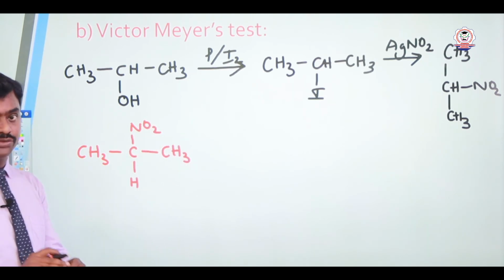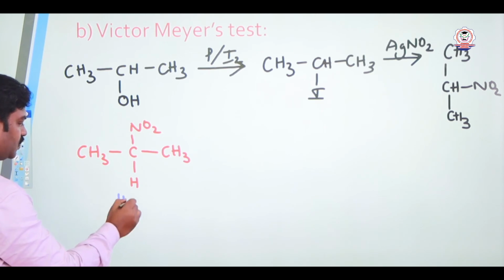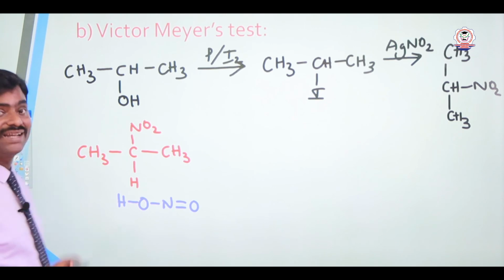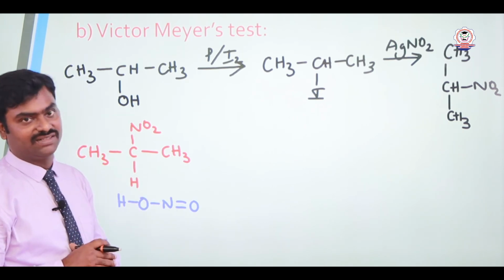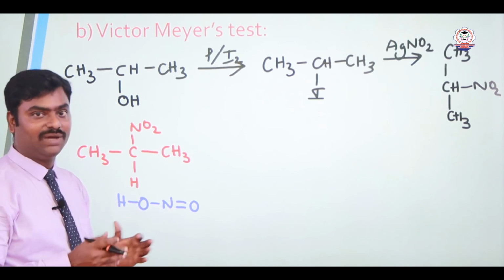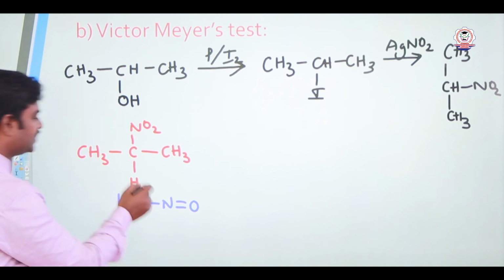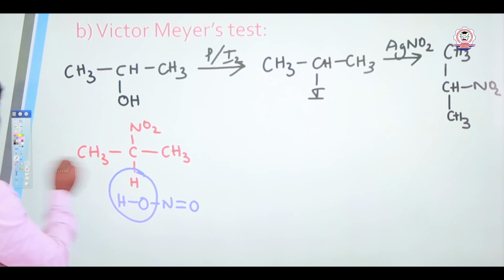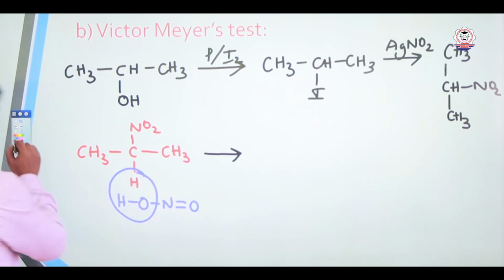When you introduce HNO2, what happens? Here HNO2 is H, O, N, double bond O. So water removal should be taking place. In this carbon, we have only one hydrogen, but for water removal, it requires another hydrogen, so it takes OH from the nitrous acid. So here, the water removal is happening. So what happens? You will get a product that is